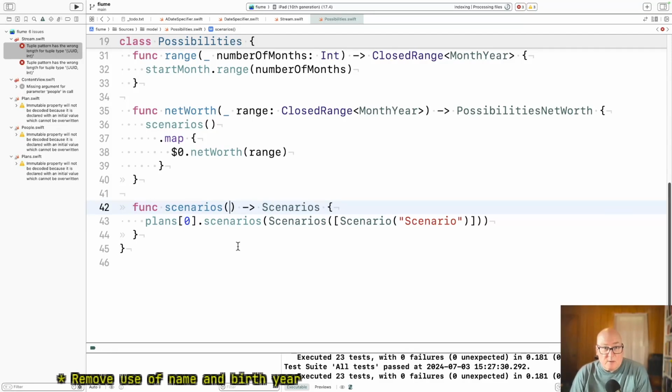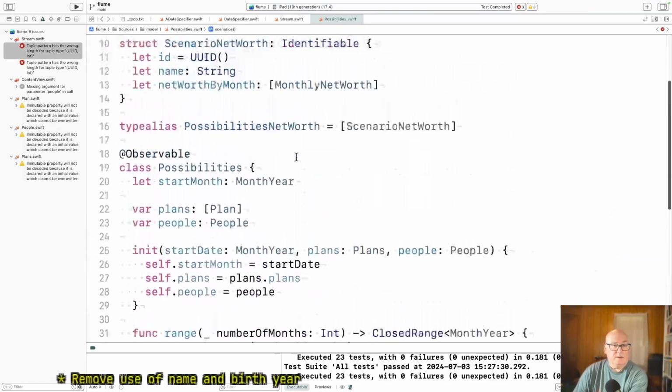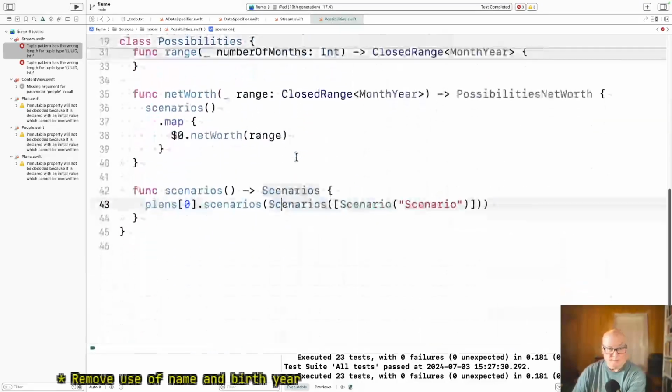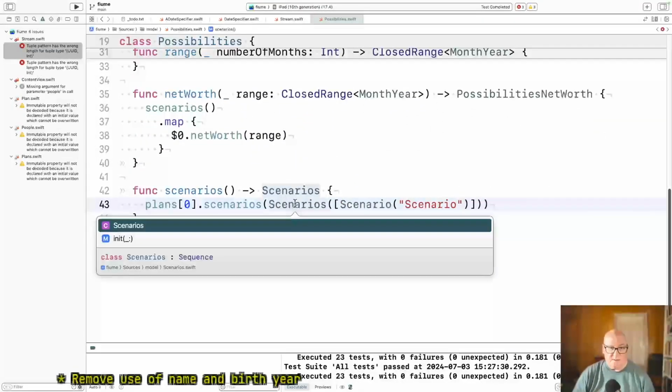The scenarios for the possibilities is the scenarios from the plans inside it. I guess I'm worried if scenarios needs to maintain that people object coming in. Okay, we have people. Right now, scenarios does not.